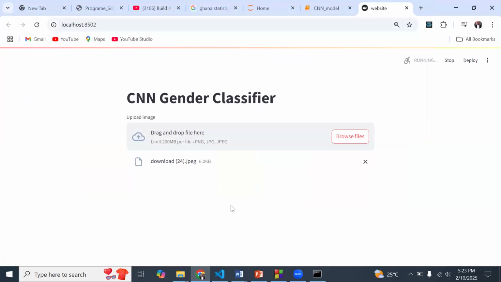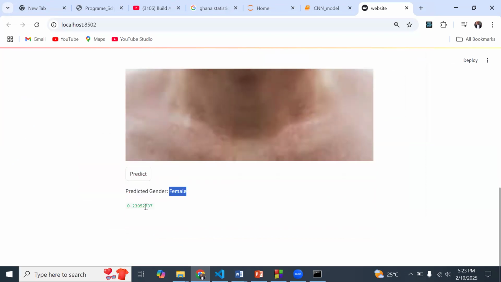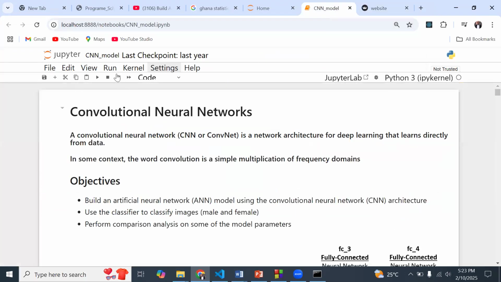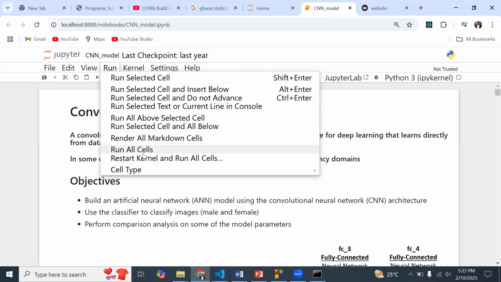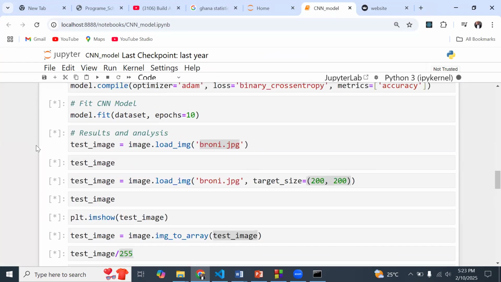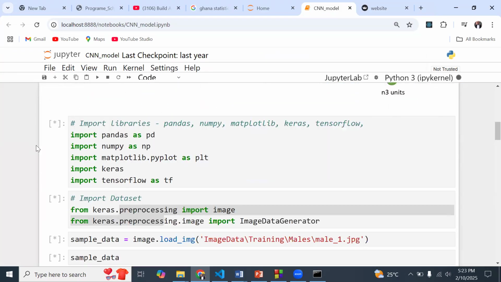Of course, wrong is wrong, so we cannot even justify this, except that this one too is still giving us a female. So at this point, let me try and run this another time and see. Maybe in the next few minutes. I should have done this whilst we were building the application so that we wouldn't have wasted time over here. But I just want to have a model that is credible enough to make good predictions. So once this is done, it's very simple.